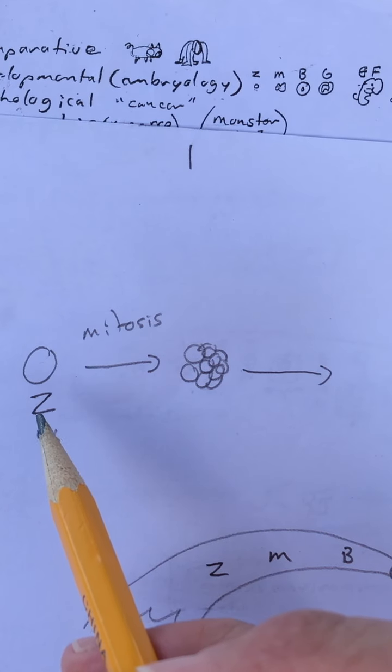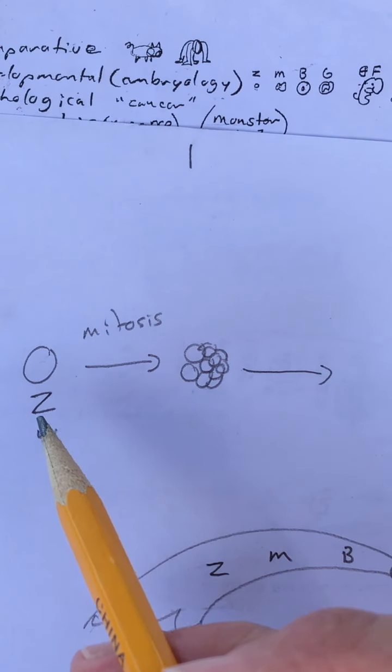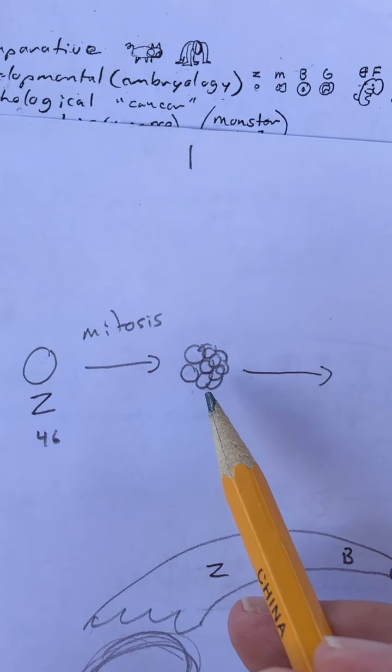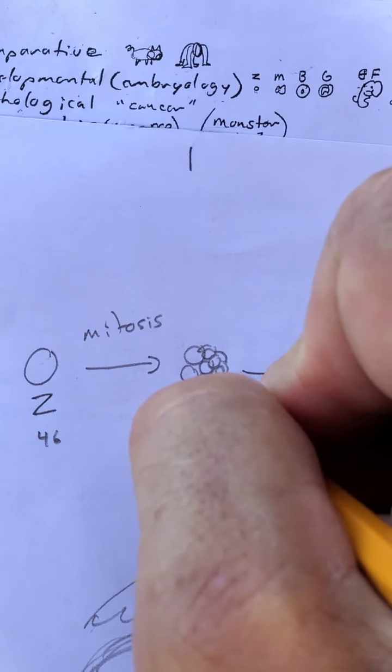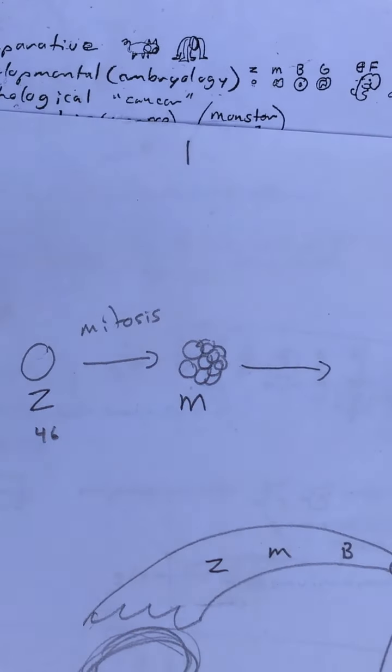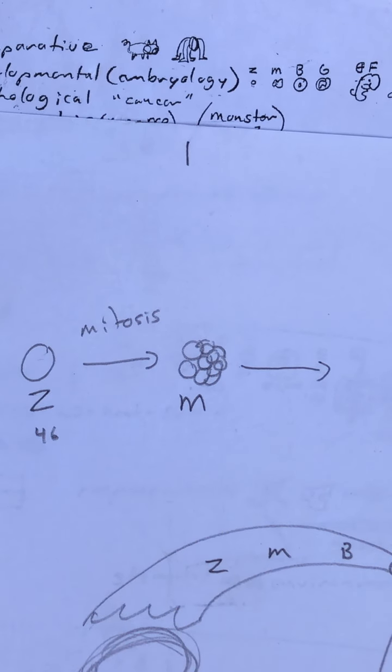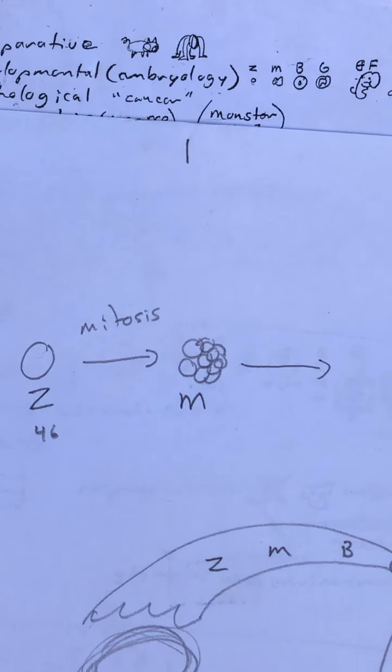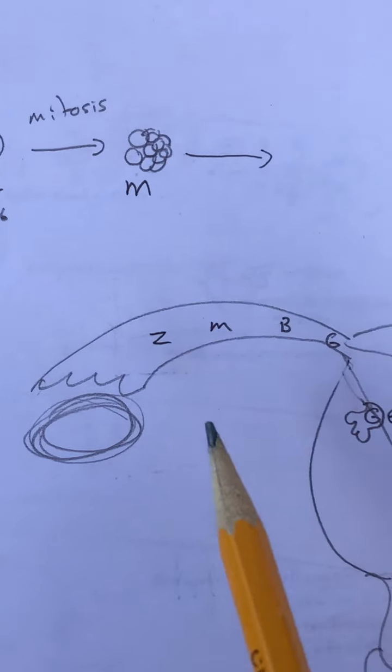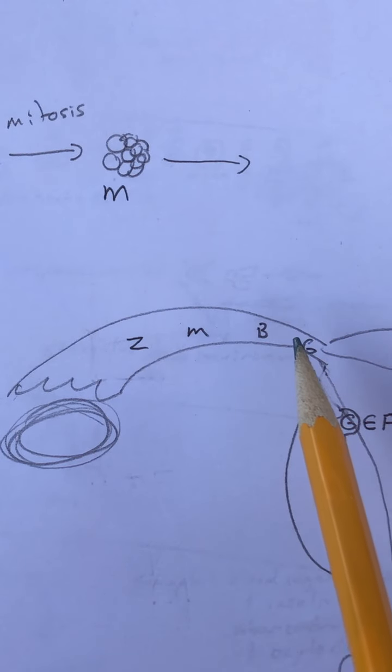2, 2 to 4, 4 to 8, 8 to 16, 16 to 32, and now you have a new cluster of cells right here, which is not much bigger than the original zygote, but we changed the name now. It's called morula. And the term morula means, in essence, that it looks like a raspberry, tiny cells that are clustered together. The morula, by the way, is found inside the fallopian tube, also known as the oviduct or the